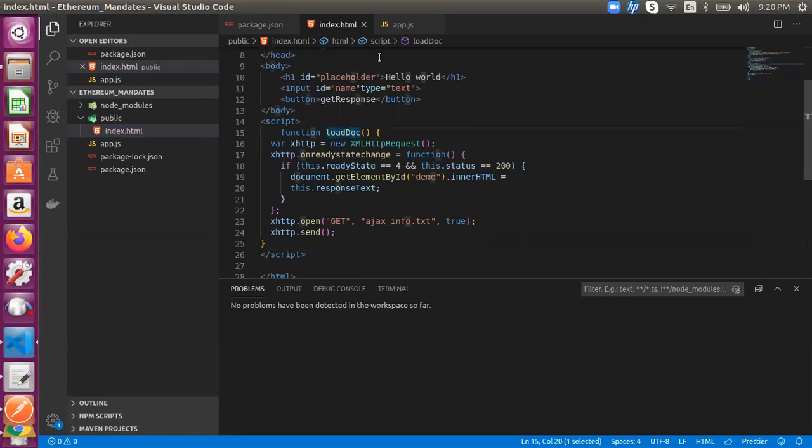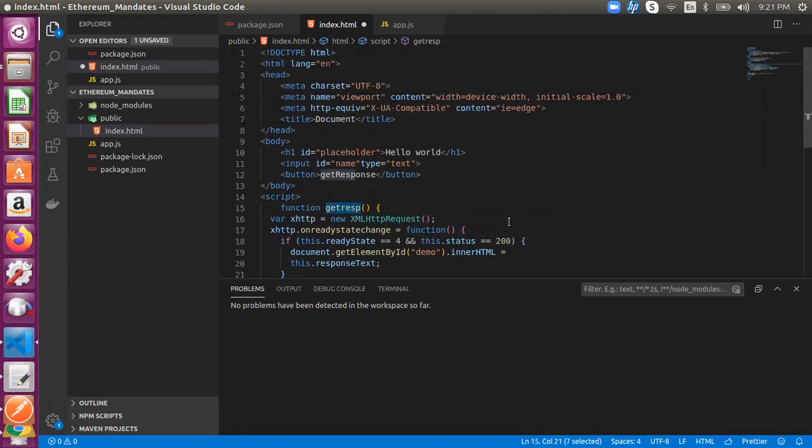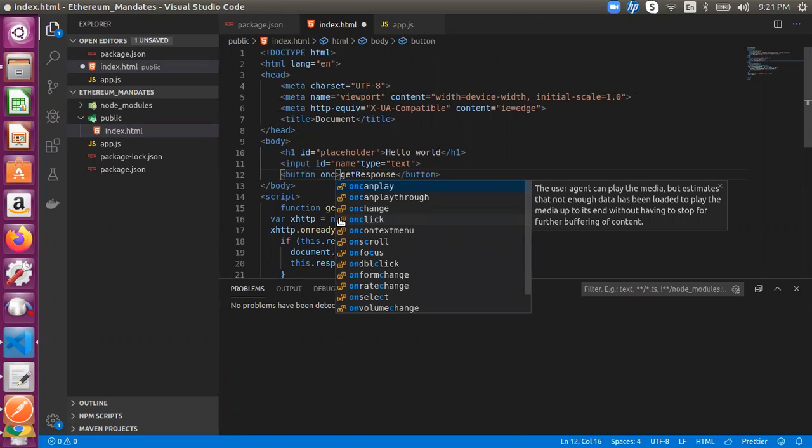So where do we need to use this loadDoc? I can rename it as getResponse. So I rename the function loadDoc as getResponse. I want to call this function when I press the button, right? So here for the button, I have an onclick action.